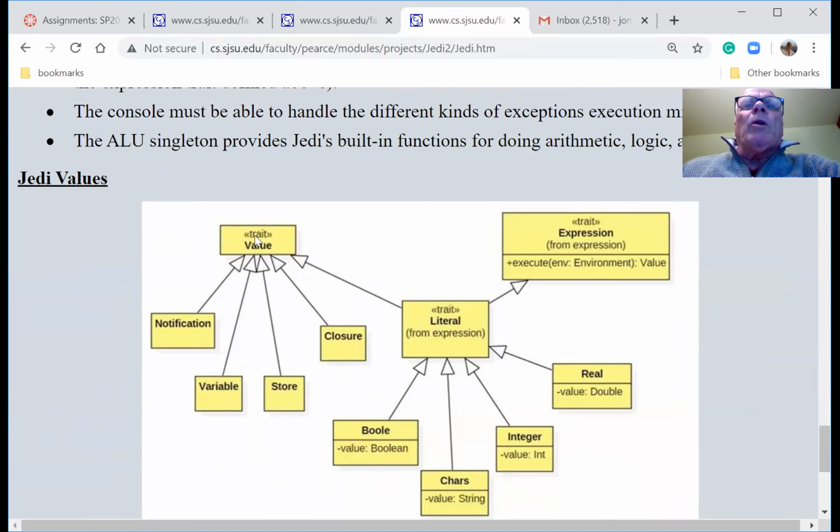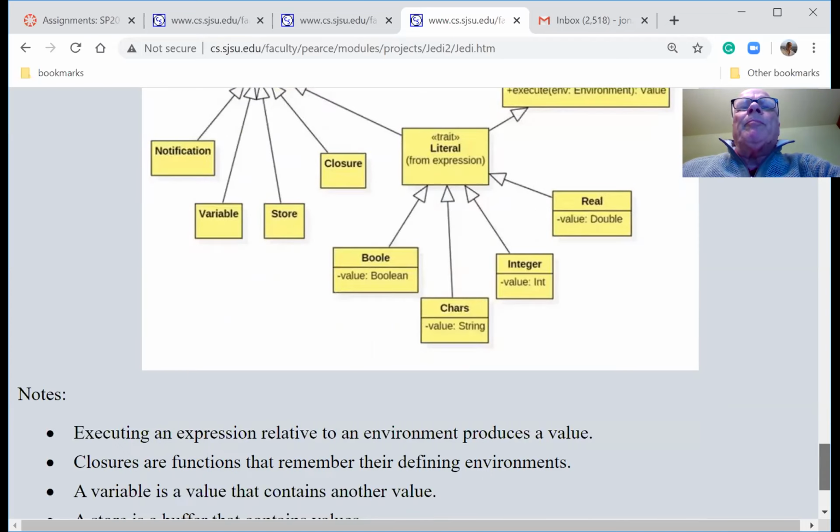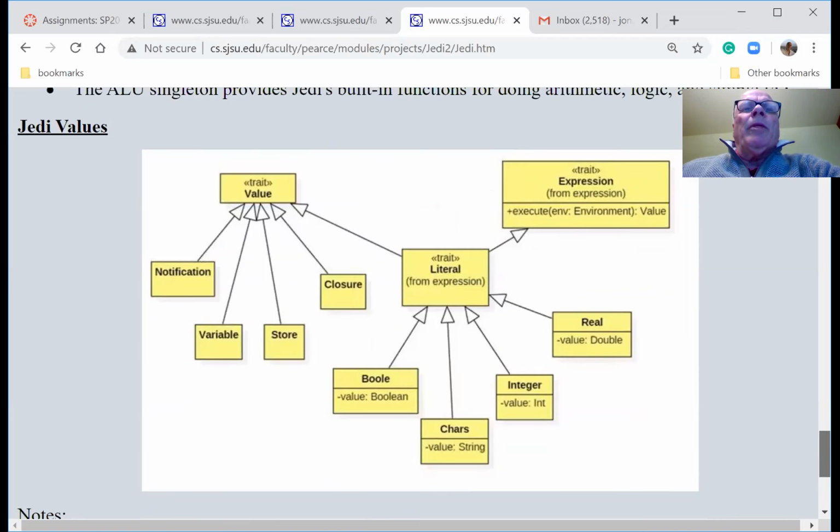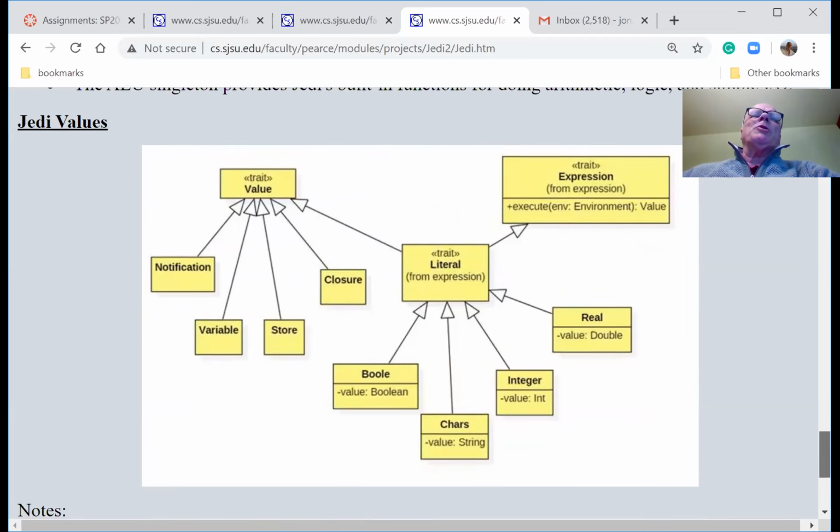And there's an overlap between values and expressions, things that are both values and expressions, and those are called literals. Like I could just type in a number, 23, to the interpreter's prompt, and essentially I'm asking the question, what is the value of 23? And of course, the answer is the value of 23 is 23. It's literally itself, which is where we get this literal from. So that's the big picture here.